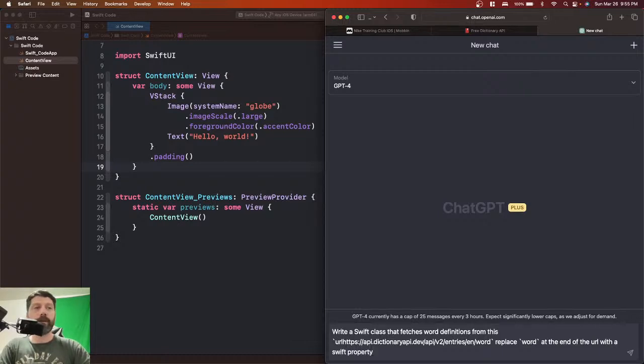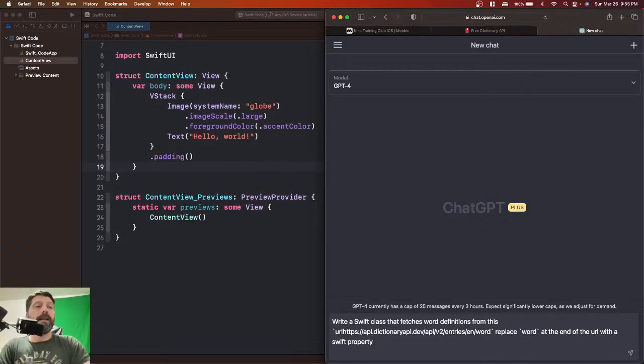So we'll do some string interpolation, or at least that's what I'm hoping for. And we also want to use Apple's Combine framework and publish the word for a SwiftUI